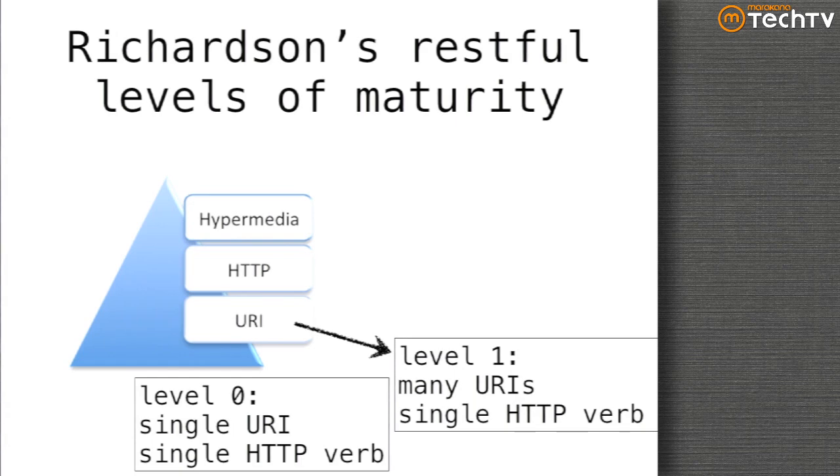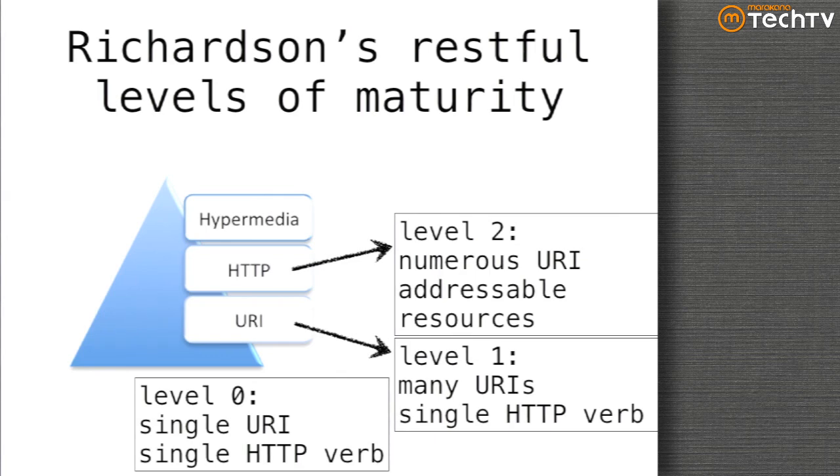Level 1 service, you have many URIs but a single HTTP verb. Typically what happens here is that a lot of tools support this kind of behavior where you can point it to a method and say, hey, make this an endpoint for me. And it basically just takes that method name, creates an endpoint for it, and converts the parameters into name-value pairs that get sent in. This uses a lot of URIs, one URI per method name, but typically only uses a single HTTP verb, GET, on top of that.